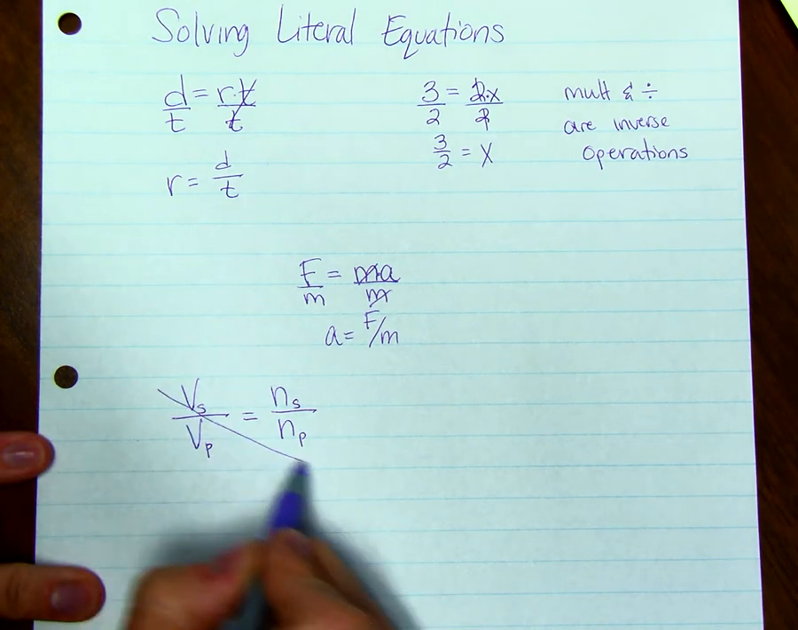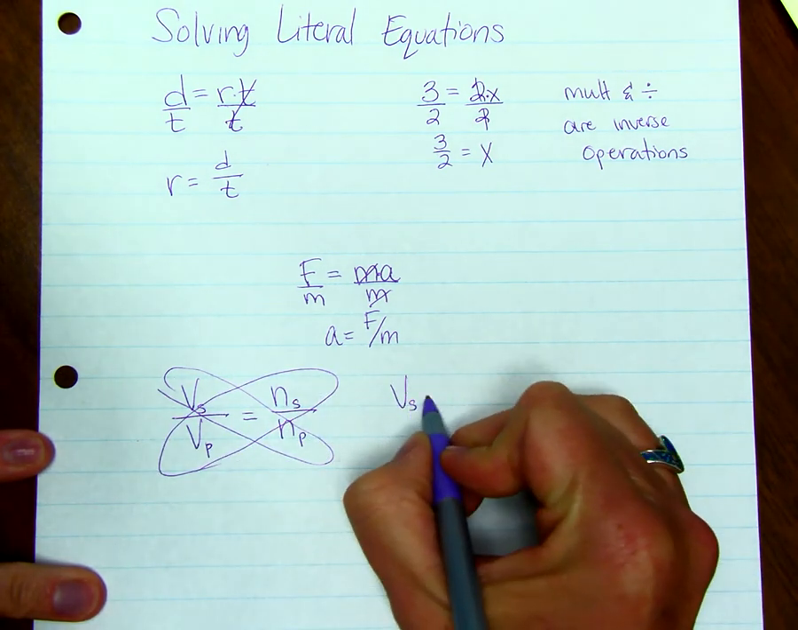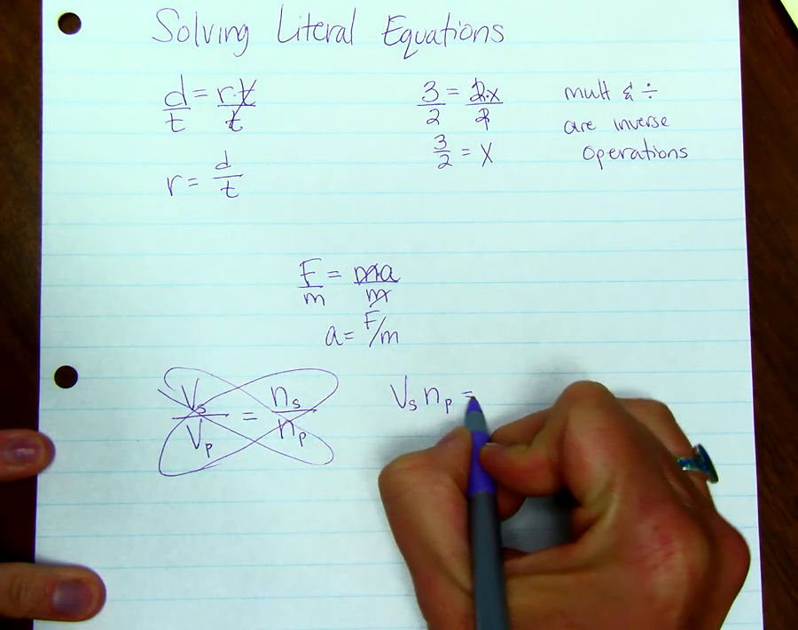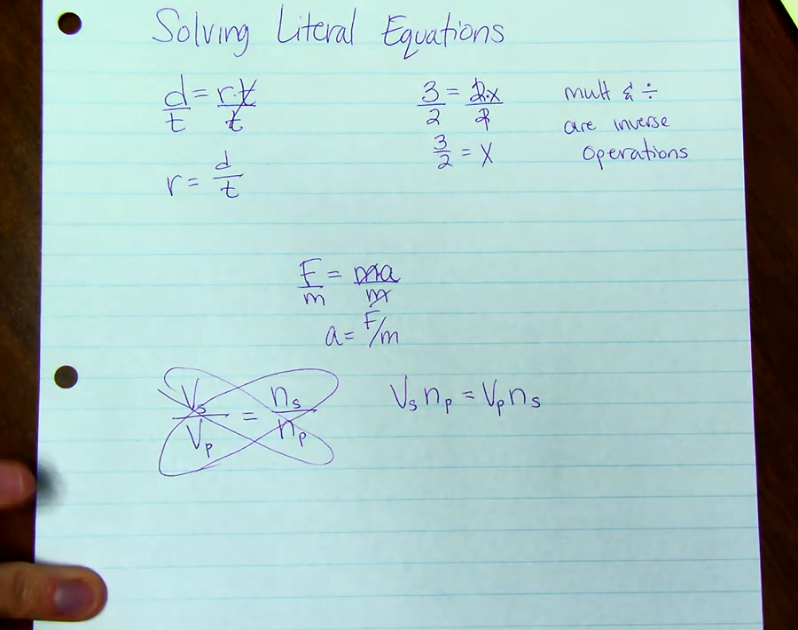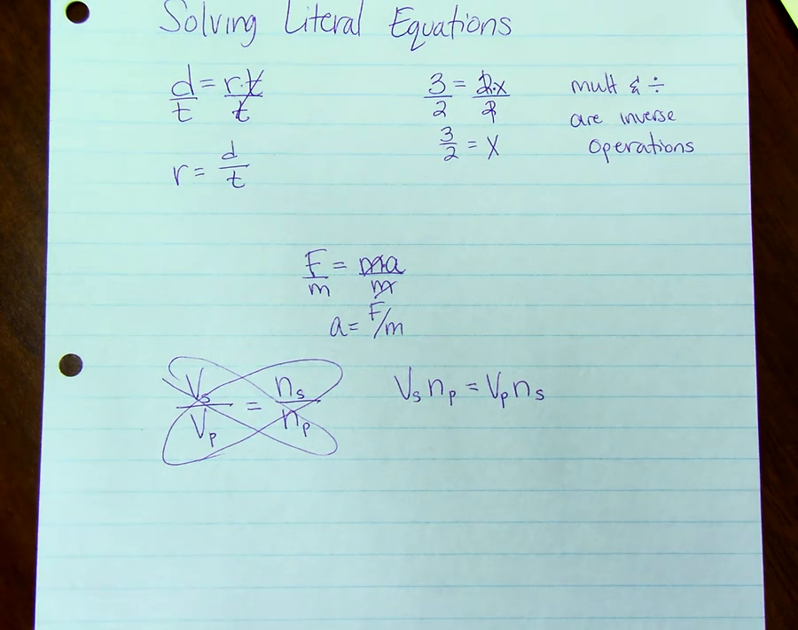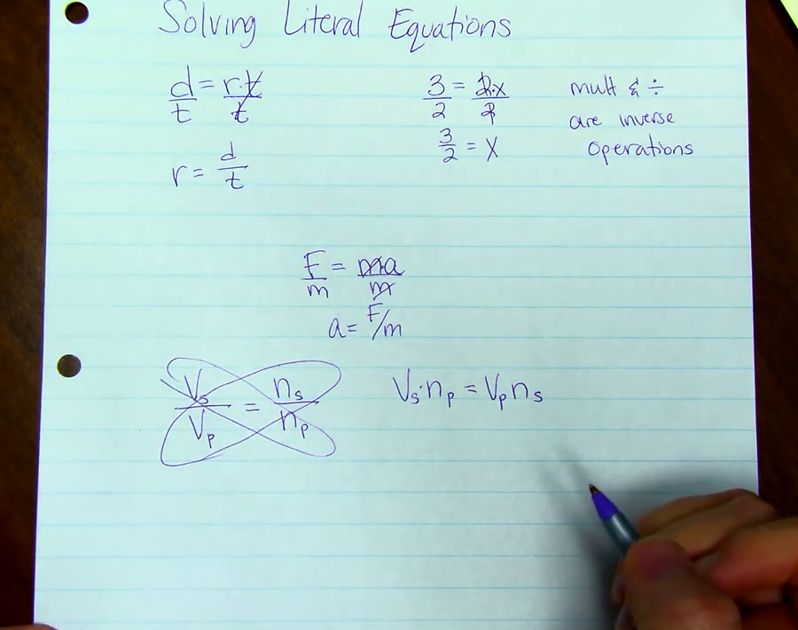So we're going to multiply straight across the equal sign to get v sub s times n sub p equals v sub p times n sub s. Now remember, we're solving for n sub p. Now this is the part where you can find the operation that's being done to n sub p. So go ahead, let's figure that one out. What operation is being done to n sub p? Okay, you guys are getting a lot quicker at this. So it's being multiplied, and the inverse of multiply is